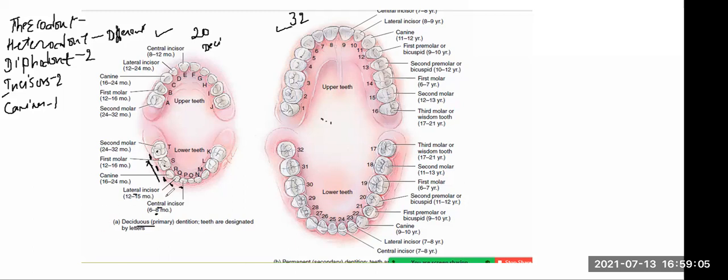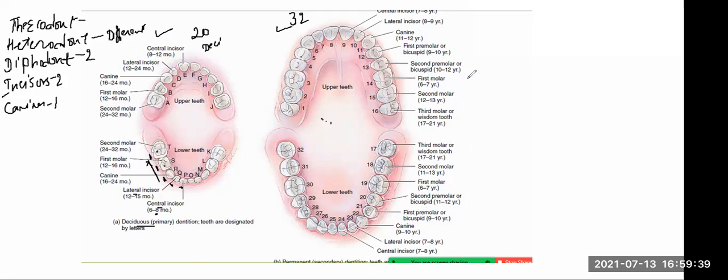The only difference is that the molars in deciduous teeth are replaced by these first and second premolars. So I'll repeat, the first and second molar is replaced by first and second premolar in the permanent set of teeth. And since this is a bigger jaw,